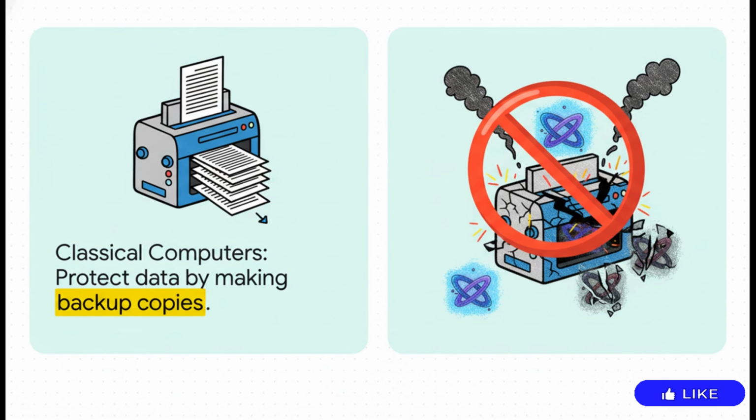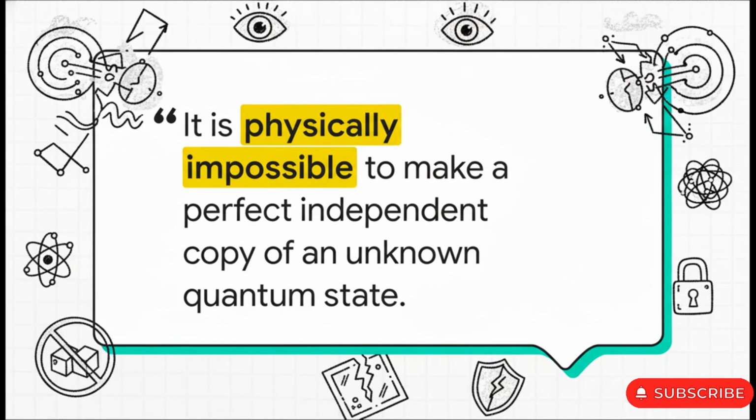But in the quantum world, that exact strategy is completely forbidden by something called the no-cloning theorem. The rule is simple. It is physically impossible. This isn't some engineering problem that we might solve one day with better tech. No, this is a fundamental rule of how the universe works. The very act of trying to measure a quantum state to copy it automatically messes it up and destroys the original. So our best weapon for fighting errors is just gone, off the table.